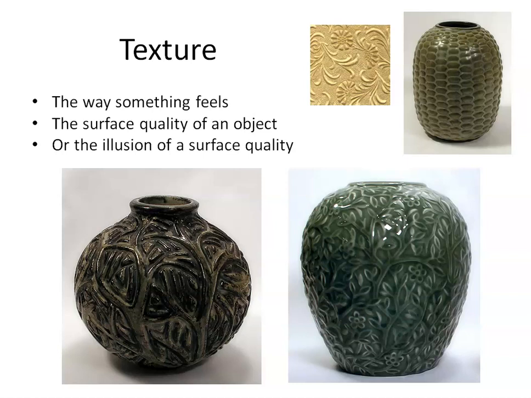Okay, so we are going to look at the element of art called texture. And texture just describes the way that something feels, or sometimes it describes how the surface of an object would feel if you could actually touch it. So when it's three-dimensional artwork, like these vases down here that you can actually put your hands on, assuming they're not in a museum that tells you not to touch stuff, you would be able to feel an actual texture